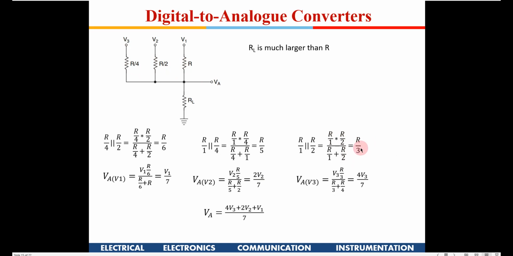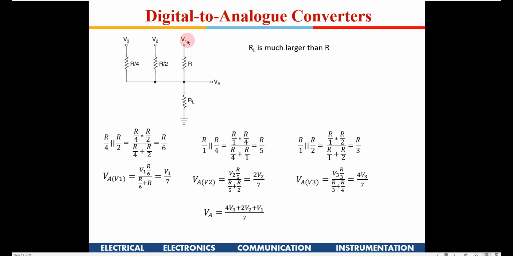If I take, I will get R by 3, right? And then if I use the potentiometer rule, I will get 4 V by 3. So if I do the sum total out here, it will come as 4 V3 plus 2 V2 plus V1 divided by 7. Okay, so if I take all V1, V2, V3 to be 1 volt,